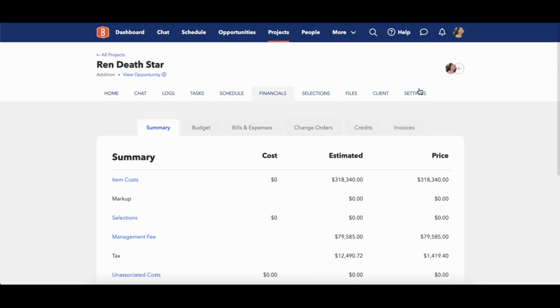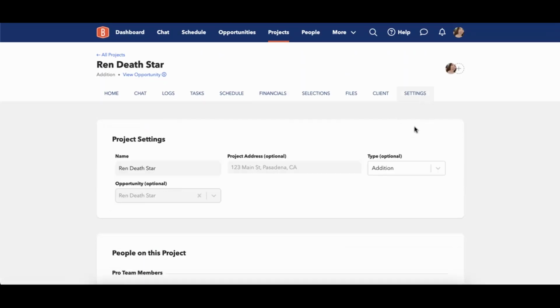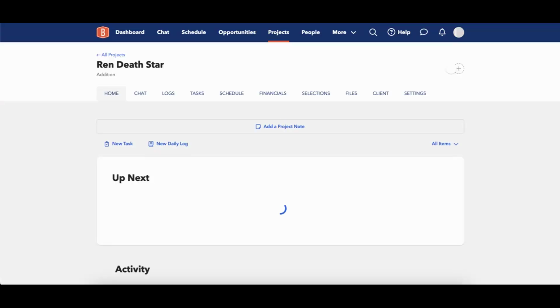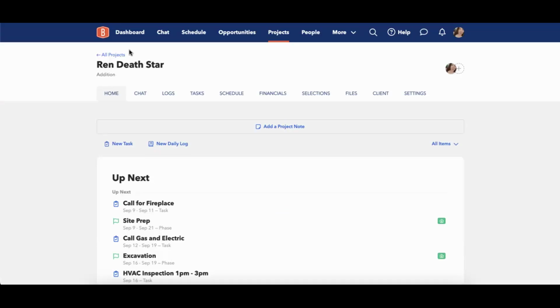So what you'll want to do is click on your settings. And within the project, you're able to add or adjust your opportunity. So I can really quickly and easily click on this little X mark. And when I do that, that is going to essentially remove the opportunity from me. So now I can reload the page and you'll notice that that view opportunity has gone here. And that's a really easy way for me to disconnect the opportunity so that I can then go back into it,